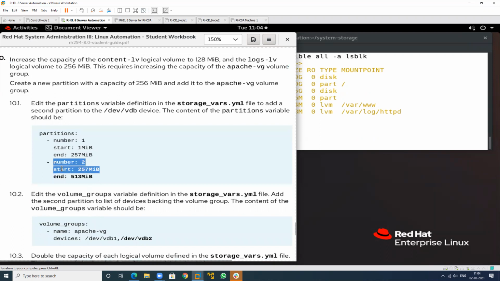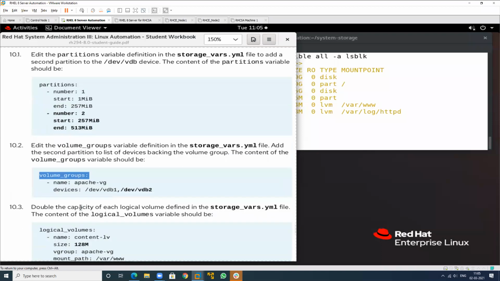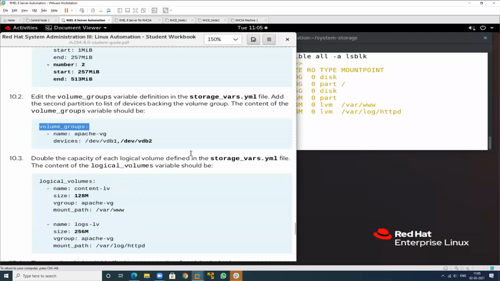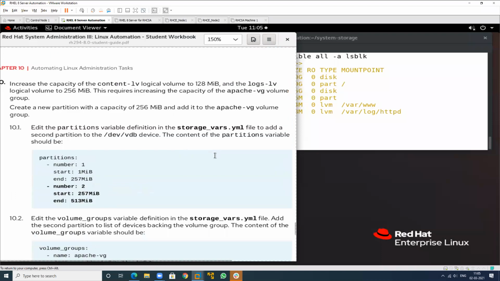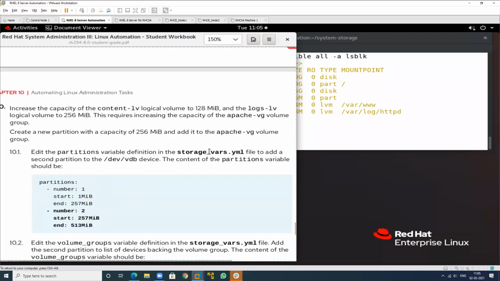After creating the partition, add it in the VG. This is my VG name, so the partition will be added here. It means create the partition, convert it to PV, and the PV is added in the VG. Then this is the size to be increased. How to increase the size? Just go to this particular location, where all the variables are stored.